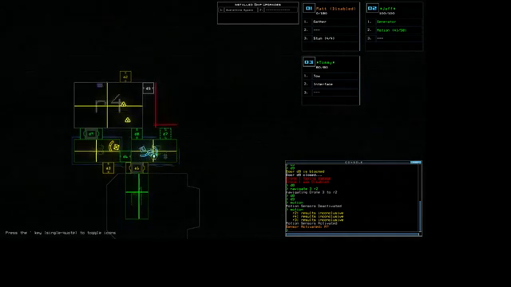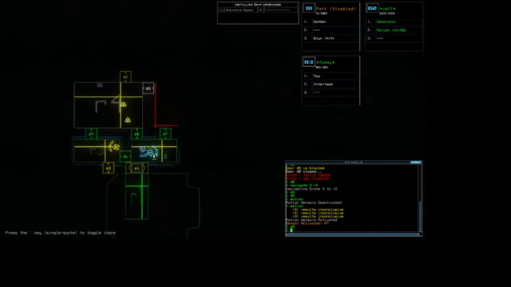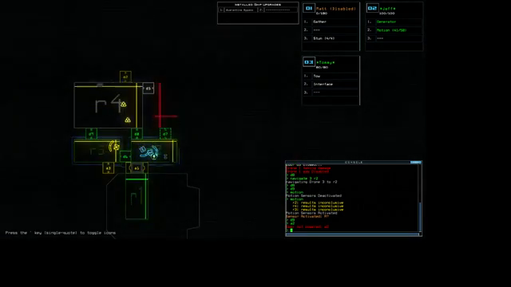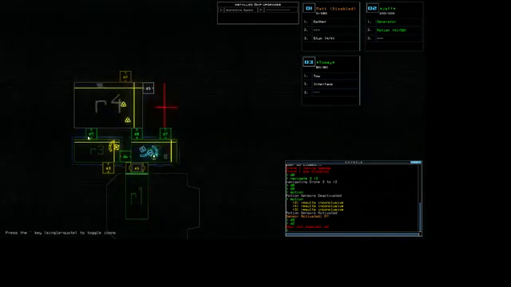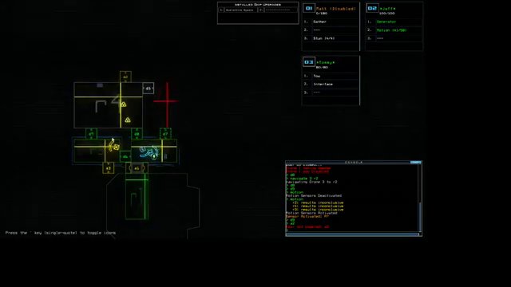Shut D9. Let's open up the airlock in A2. Door not powered. Bugger. I was hoping we could have opened it and shepherded whatever it was into there. And kind of...